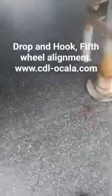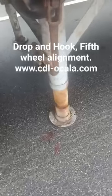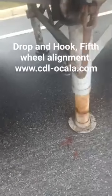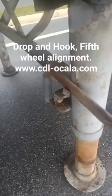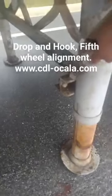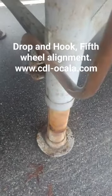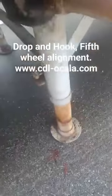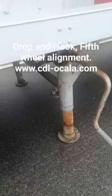Now I'm not going to put it back in the lock position, for a simple reason. If I'm in the lock position and somebody pulls in with a forklift, this arm's going to go like this, and when it goes like that, you're going to have a bad day, right? I leave it like this when we're getting ready to roll. Like this when I'm going to drop the trailer. Now like this, because if it's like this,